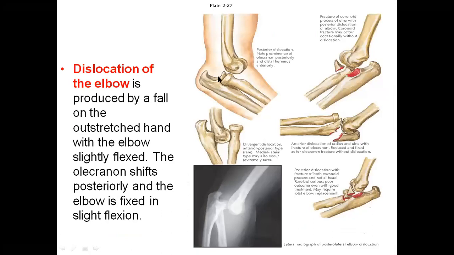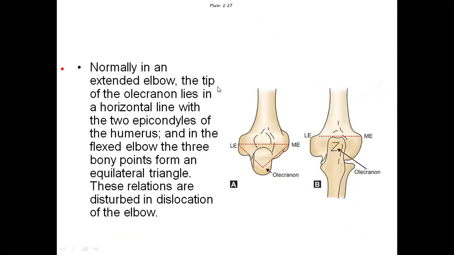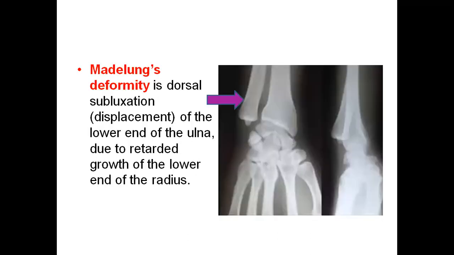Dislocation of the elbow: I have kept such pictures from when I was taking the humerus also. Whenever a person falls on an outstretched hand, the olecranon process, the trochlear notch and the coronoid process may slip from the lower end of the humerus, leading to dislocation. I already told you, when the elbow is extended, the lateral epicondyle, the tip of the olecranon, and the medial epicondyle should lie in the same plane. If flexed, they should make an equilateral triangle. If this is disturbed in X-ray, it shows some fracture or dislocation.